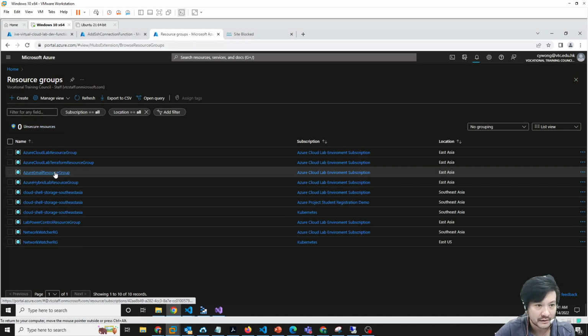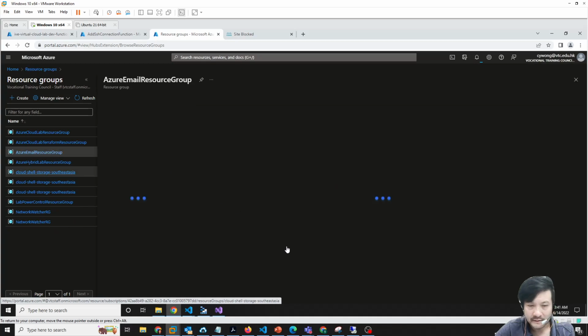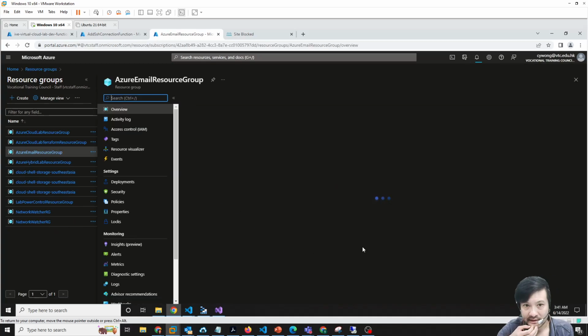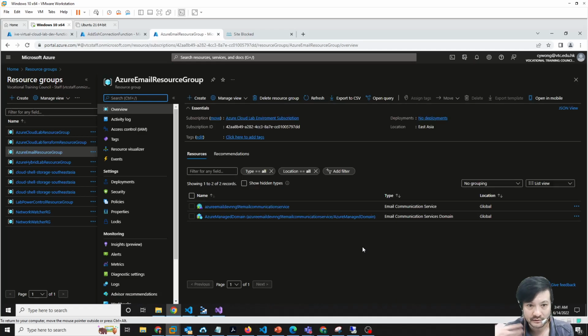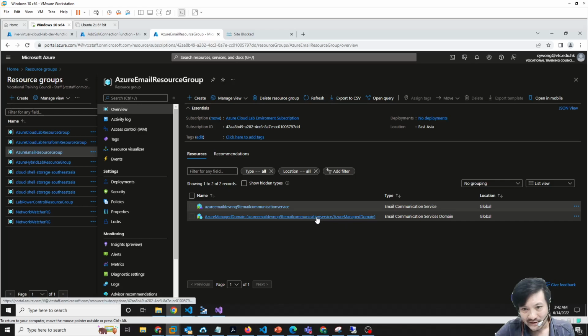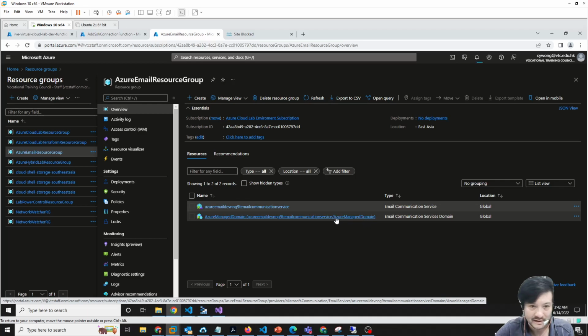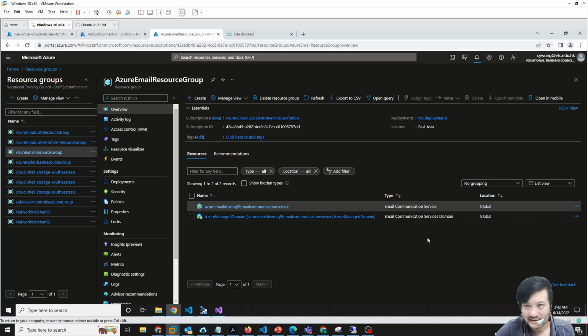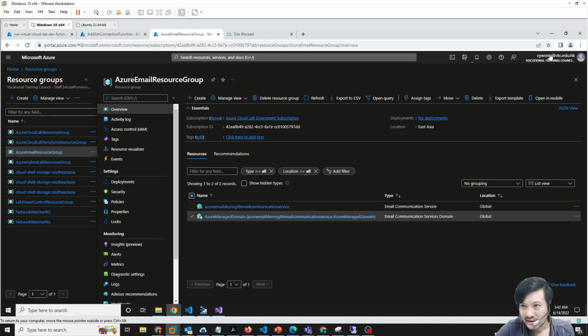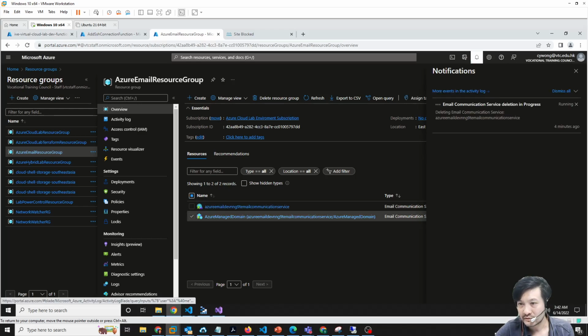Since it's a preview service, I was unable to delete the testing environment. The problem is that I'm able to delete the communication service, but I have no solution to delete the email communication service and the domain. I also can't find any user interface or API to take care of the Azure managed domain. And now my resource group is locked by the resource and is unable to be deleted. It took several trials to delete the service and the domain, but there is no way for